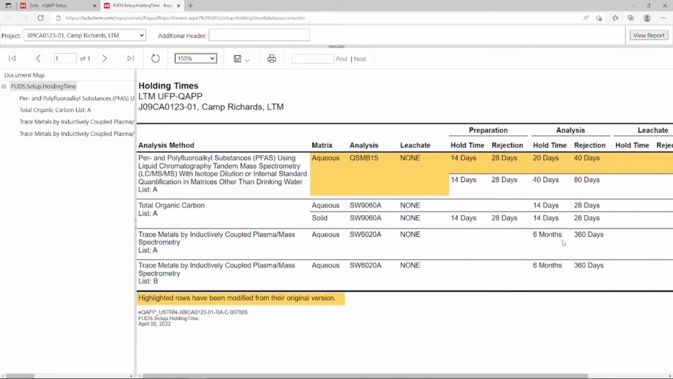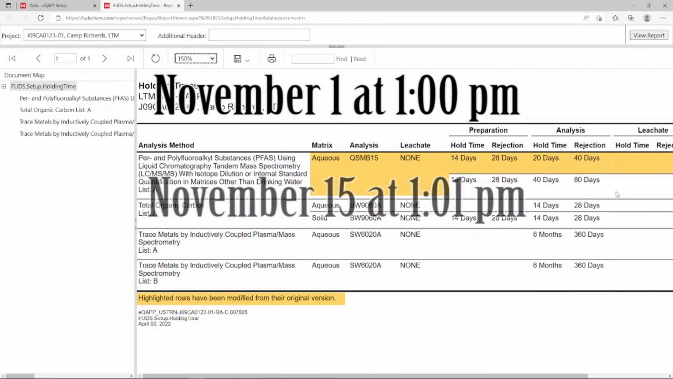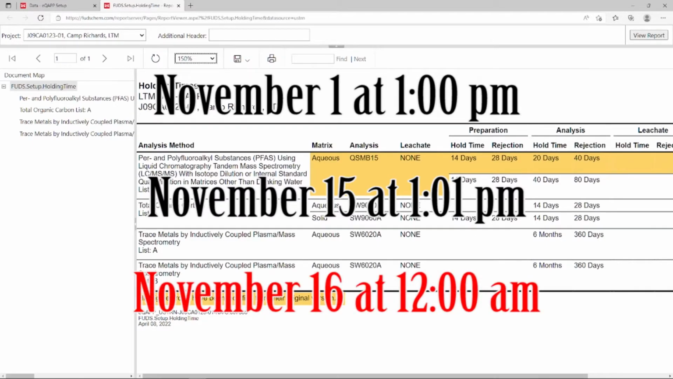The FUDSChem Automated Data Review, ADR, is configured to flag for holding time exceedances according to these specifications. For example, a sample taken on November 1st at 1:00 p.m. and analyzed on November 15th at 1:01 p.m. would still meet the 14-day holding time as determined by DoD QSM version 5.4, so FUDSChem's ADR would not apply hold time qualifiers to the results. In this example, the holding time would not be exceeded unless the sample was analyzed on or after November 16th